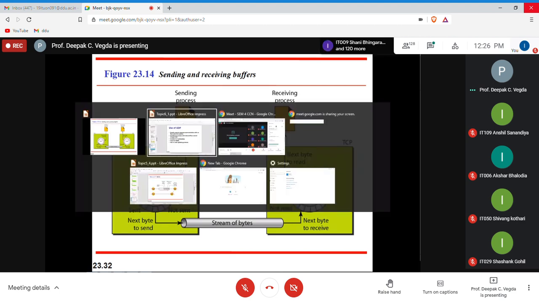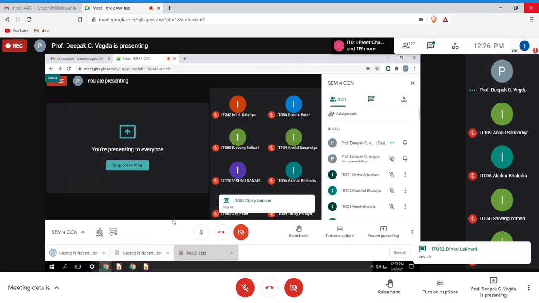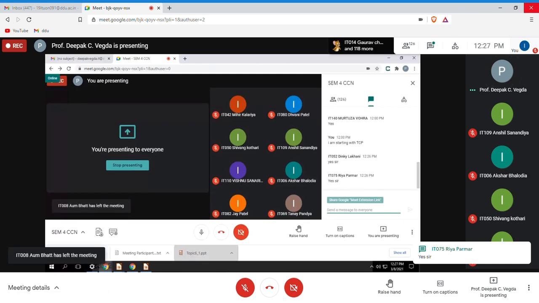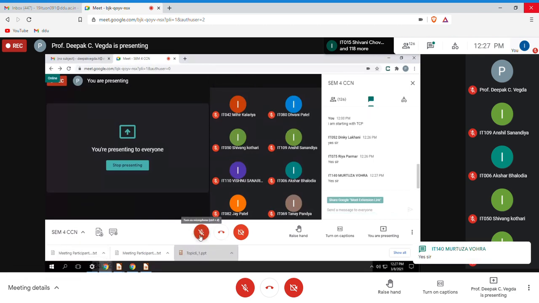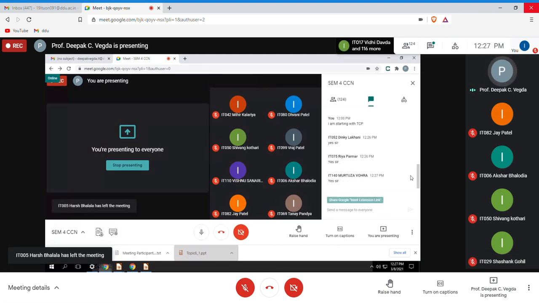Okay. Up to this, is it okay? Is everything clear up to this? Yes, 2-3 people are responsive, not others. Roll number 1, 2, 3, 4, 5, 6, 7, are you there? I know that roll numbers 52, 75, and 140 got it.